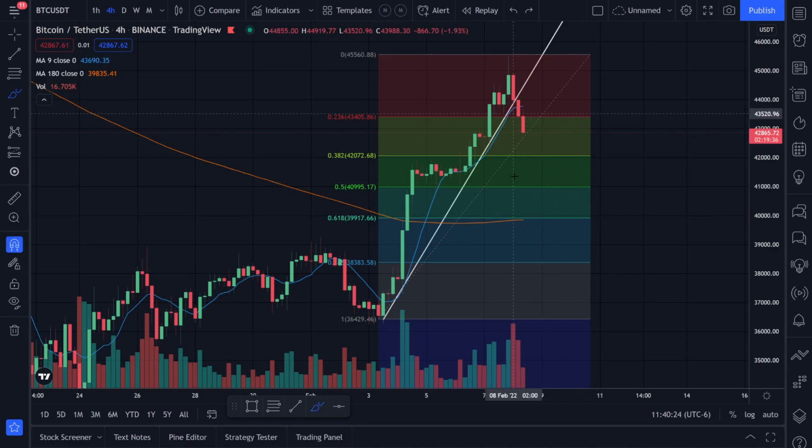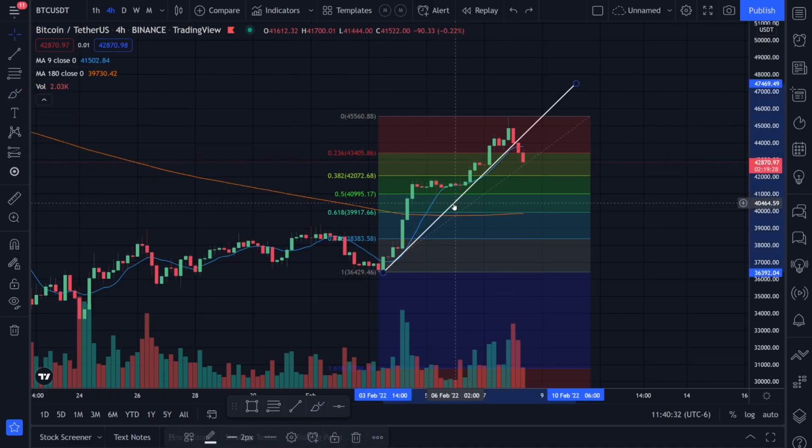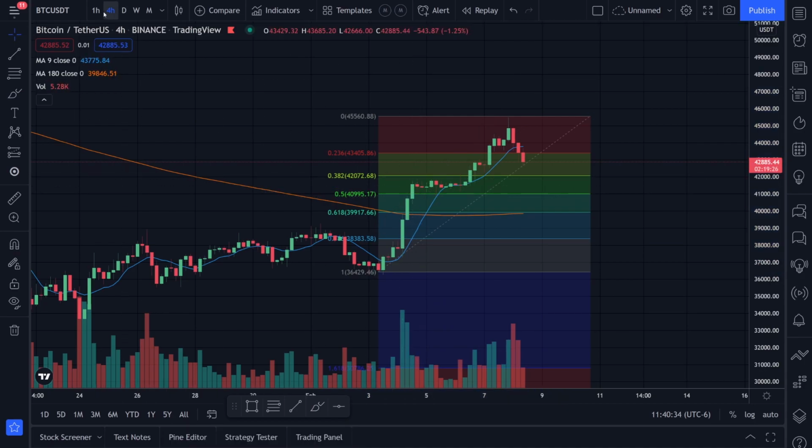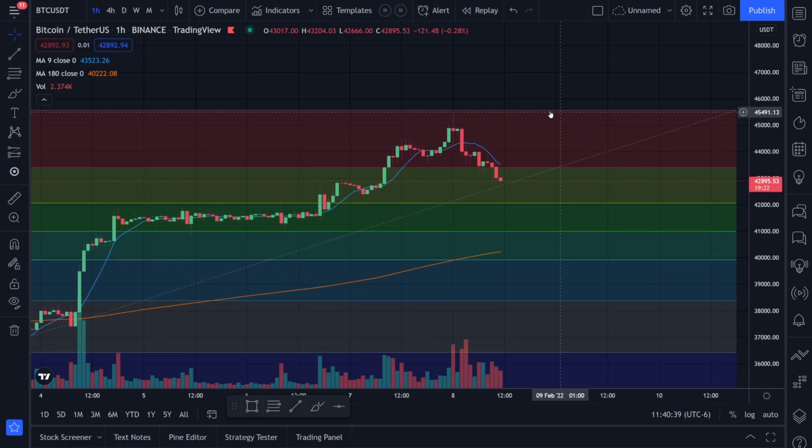And since we actually broke this uptrend going to the downside right here, let's go ahead and try to find the downtrend that we're in right now. So let's go ahead and delete this. Let's go to the 1-hour time frame. You can barely see that downtrend on the 4-hour. So let's go to the 1-hour and kind of see what we can come up with. We have resistance, resistance, resistance. So until we break this trend line going to the upside, something like this,